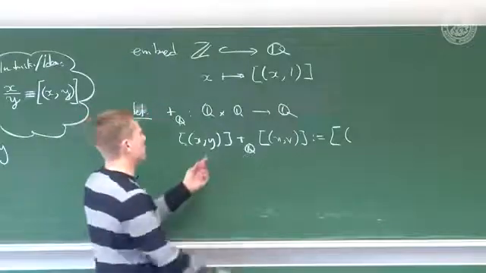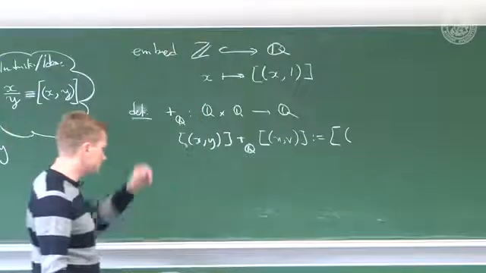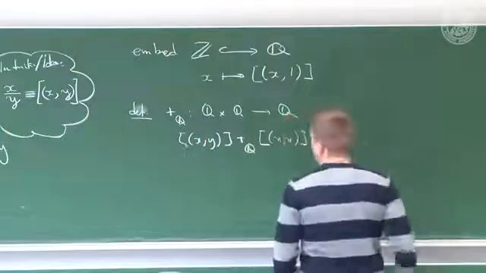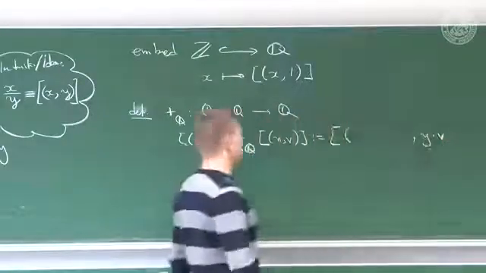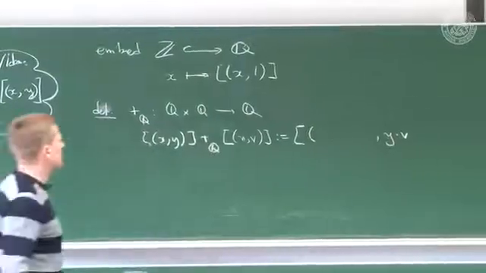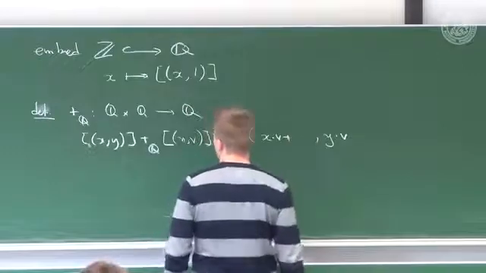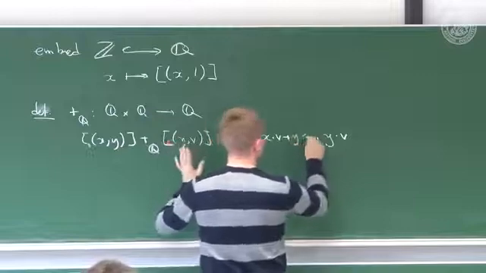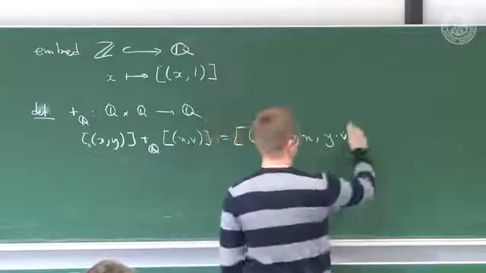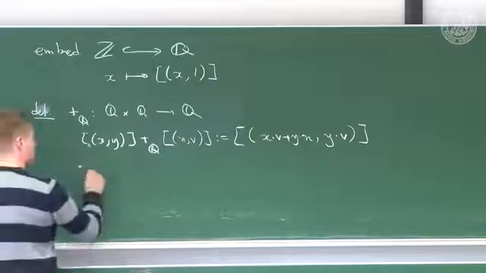So addition is difficult. You first have to get the fractions to the same denominator. And that trivially can be achieved by writing y times v. Is that correct? Yes. And then you have x times v plus y times u. Yeah, that's correct. So this is the rule given for the addition of fractions,